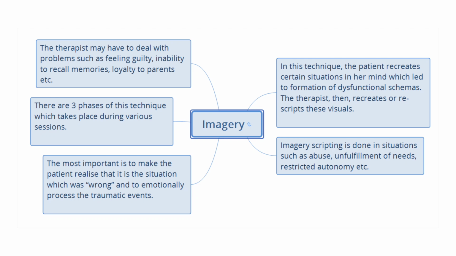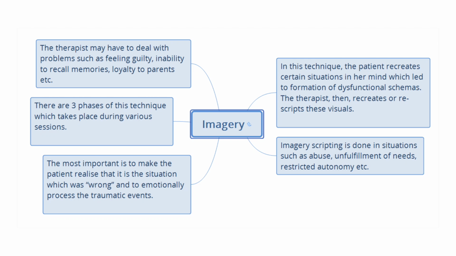When the patient recalls the similar memory, the therapist asks her to come back to the safe place she created earlier and open her eyes. It is in the later stages of the therapy when the therapist expands imagery from finding a connection between the current schemas and the past events to the rescripting of the memories that led to formation of the dysfunctional schemas. This is done to change the meaning that has been assigned to the past memories.